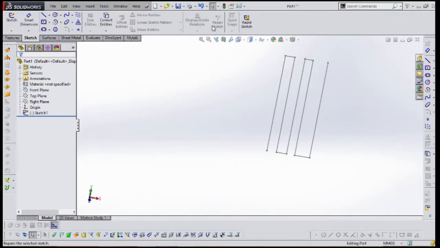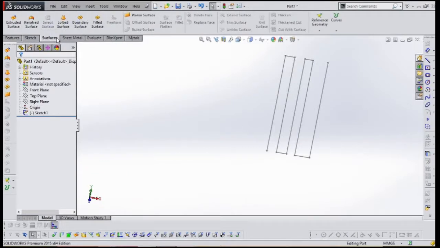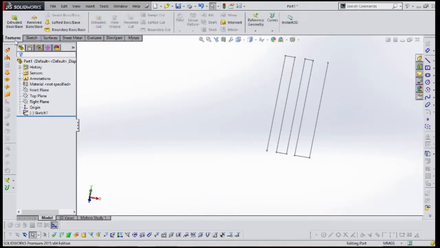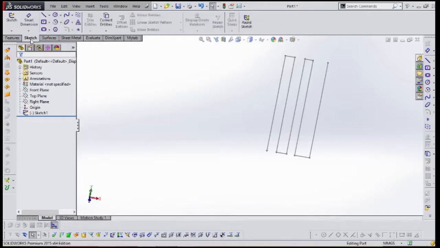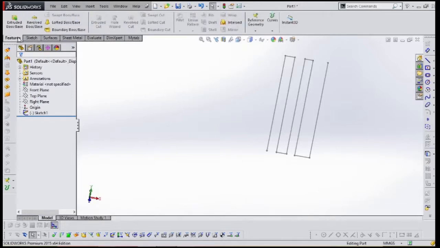Now suppose you are forced to use some options from Sketch, some from Surfaces, and some from Features. You want to switch to that particular tab and choose that option.